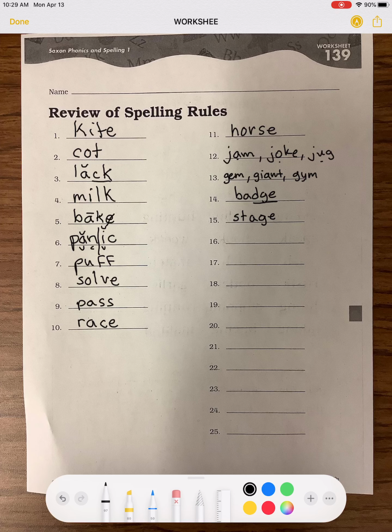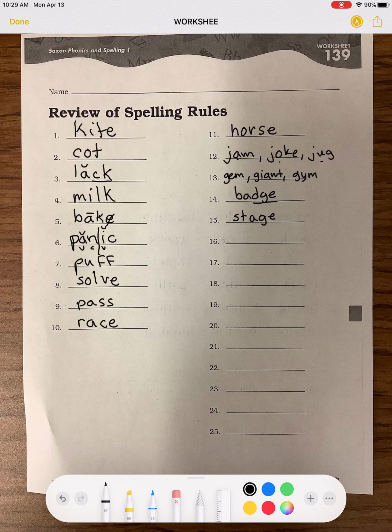I-T-C-H. The TCH comes after a short vowel. CH comes after anything else, like bench. Oops, I messed up. Hang on, sorry. Teachers do that sometimes, it's okay. Bench. I started writing the H before the C. B-E-N-C-H, bench. Now, if we're adding a consonant suffix,